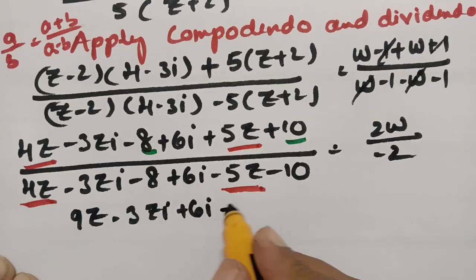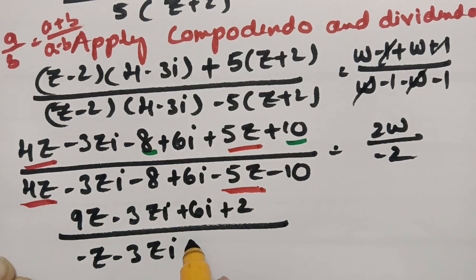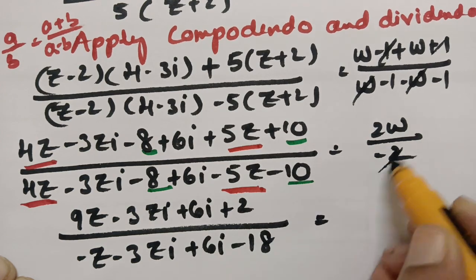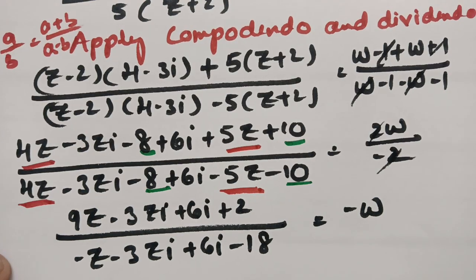So which I can write as 2 divided by, see here, this is going to become minus z minus 3zi plus again 6i. So here if you observe, this is minus 8 minus 10. So this is going to become minus 18. So if I cancel, so this is going to become minus w. Clear? And now see here,